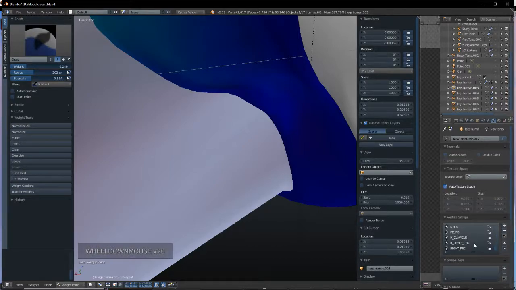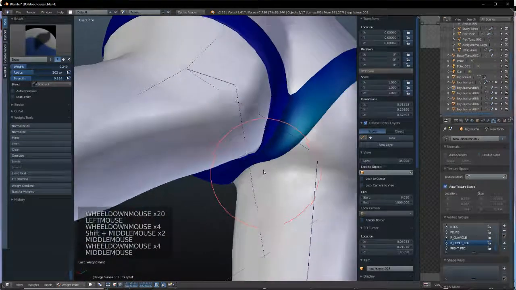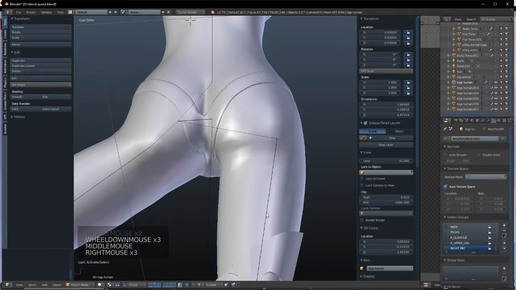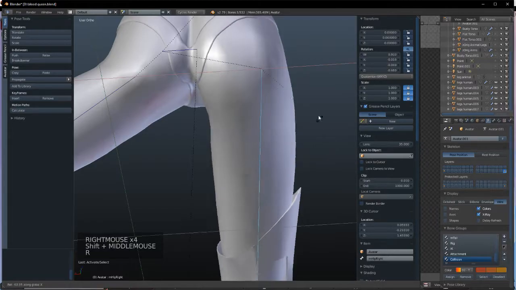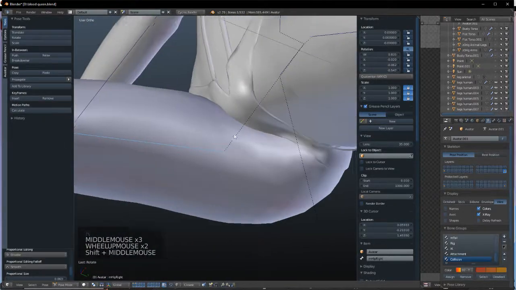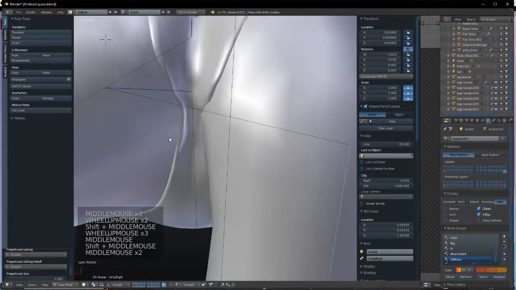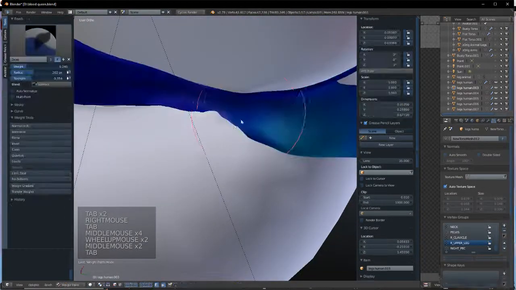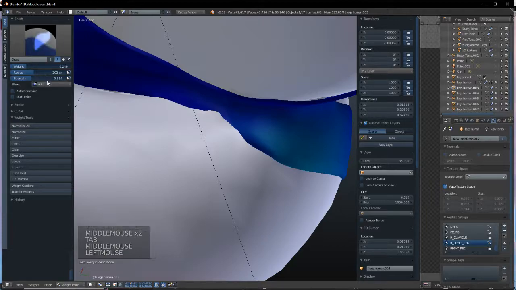Upper leg and right upper leg. Okay, it got mirrored. Everything looks nice. Let's do a few more changes around here and see how everything is working, because I am going to have to add some weight back here,